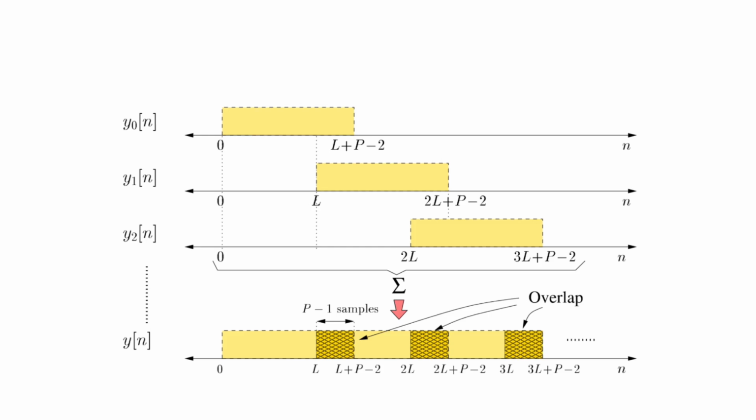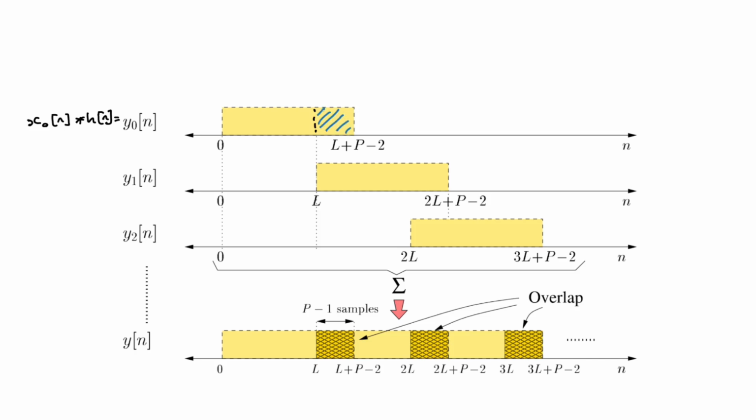But now we've received the input sequence in these little blocks, okay? We've received the x0[n], we've received the x1[n], and so on. And so what we end up doing is we first calculate the output for the first block, and that's represented here. That output will be as long as x, but then also a little bit for that overlap where you take the last piece of the sweep across. And so you get this little piece here, which is after L, which is after the end of x0, that needs to be taken into account when I process y1. Okay, so this little chunk here needs to be taken into account.